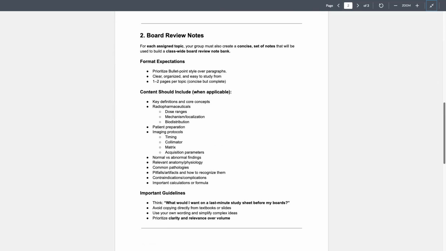Content should include, when applicable, things like any key definitions or core concepts, radiopharmaceuticals and dosages, patient preparation, any imaging protocols, normal versus abnormal findings, relevant anatomy and physiology, common pathologies, any pitfalls, artifacts, weird things that are known to happen with some of the exams, contraindications, any important calculations or formulas that you would need to know, things like that. So notice these are very similar to what they list on the content specifications when they tell